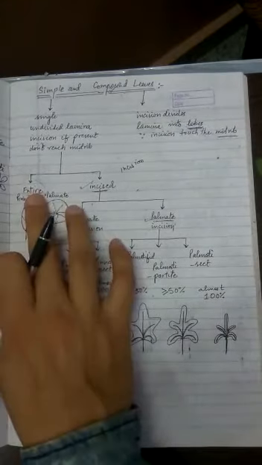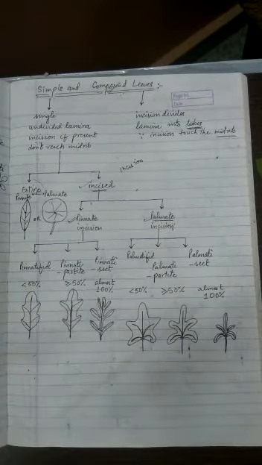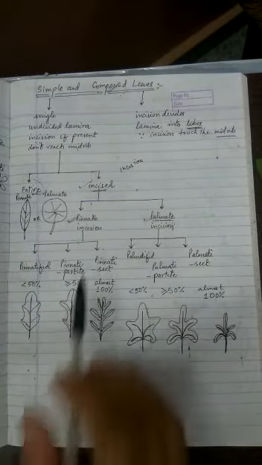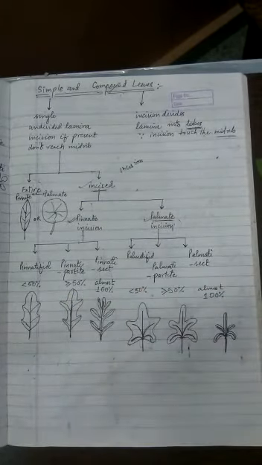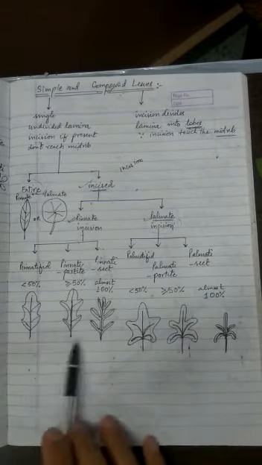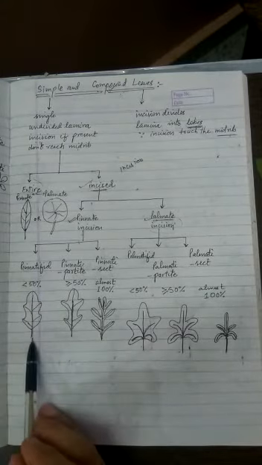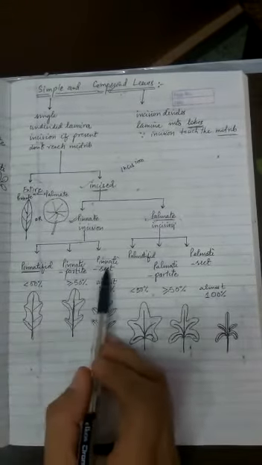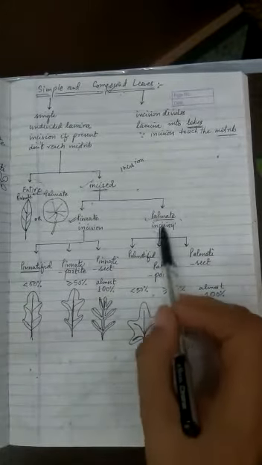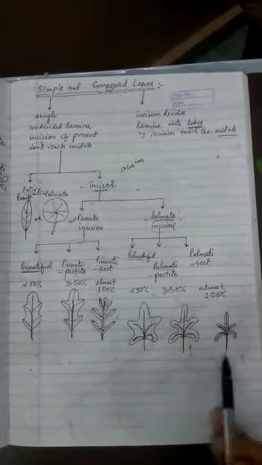So when will you call a leaf an entire one? If the incisions are absent. But if incisions are present, they can be pinnate incisions or palmate incisions. Pinnate and palmate incisions I have drawn already, you can see here. If there is a single unicostate type of venation, it will be called pinnate. You can see pinnate mentioned in all these three. If it is a multicostate type, you will call it palmate. You can see palmate mentioned in all these three.